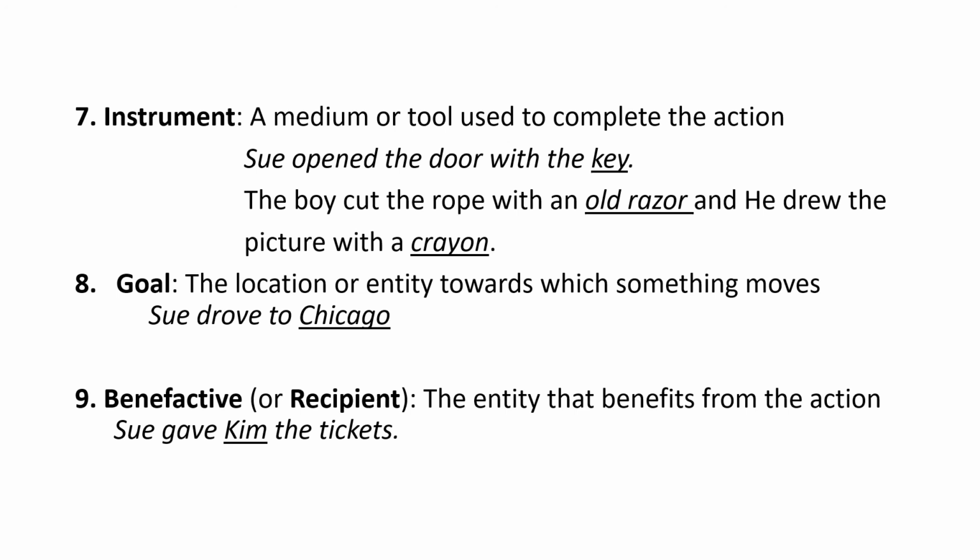What sort of benefit? Kim got tickets. Who gave Kim tickets? Sue gave Kim the tickets. So Kim here is the benefactor or recipient, or something like a patient. But here patient means just benefits, not any harm or other things like that. So think about some other examples related to all these main features, or nine main features, of